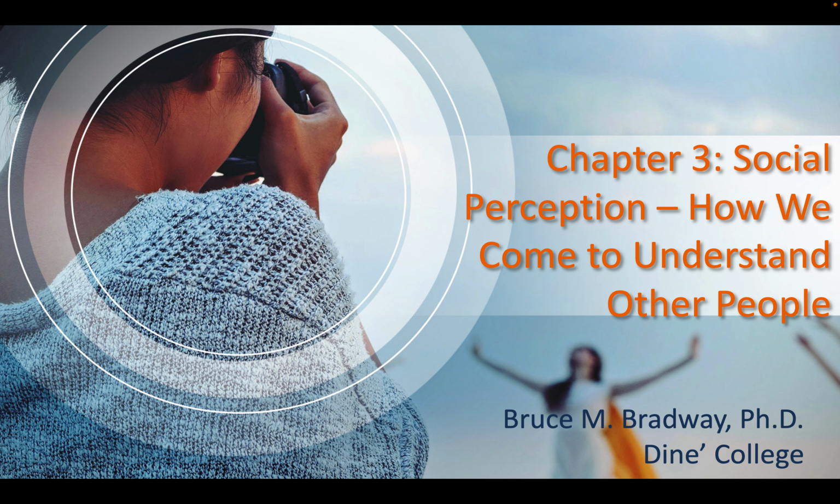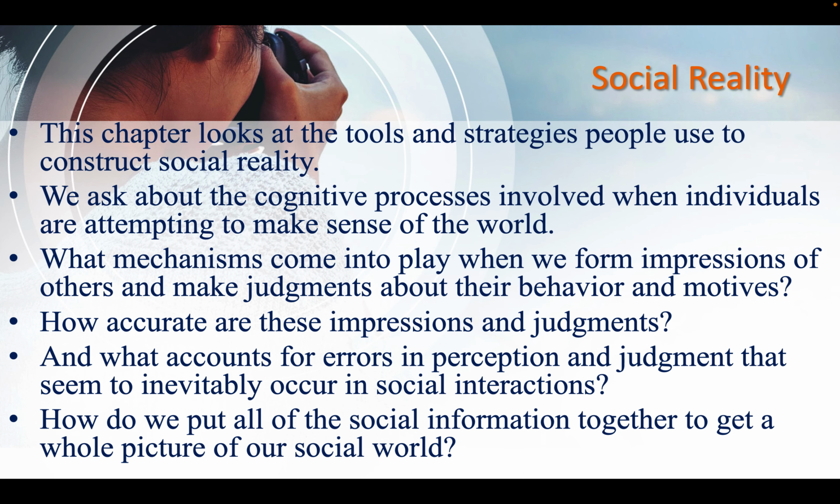Social perception, how we come to understand other people. This chapter looks at the tools and strategies people use to construct social reality. We ask about the cognitive processes involved when individuals are attempting to make sense of the world. What mechanisms come into play when we form impressions of others and make judgments about their behavior and motives? How accurate are these impressions and judgments, and what accounts for errors in perception and judgment that seem to inevitably occur in social interactions? How do we put all of the social information together to get a whole picture of